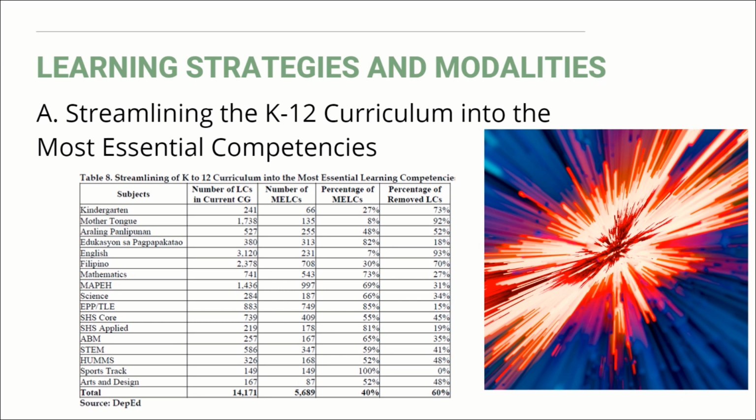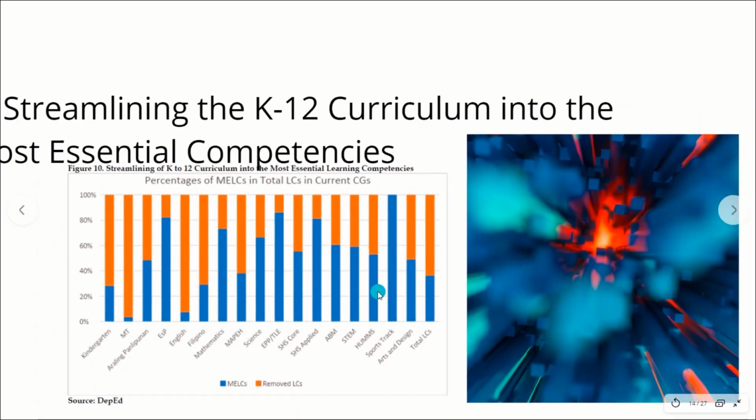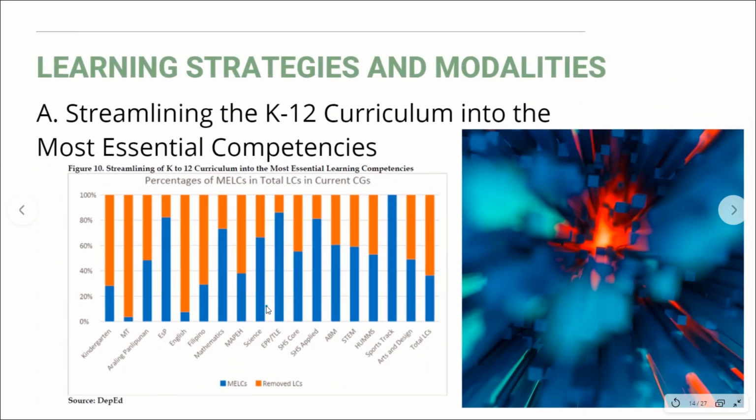So let me just share to you the highlights of this table. We can see here that the highest number of competencies being removed is in English. In fact, 93% of the competencies were removed and only 7% remain. Right. So we can further see this one in the table here, the next table. We can see it here in the table. We have English followed by the mother tongue. There are a lot of competencies taken out, right? So we can see that the competencies now are reduced to their gist. So only the most important competencies are included. And we will discuss what were the bases for choosing these competencies.